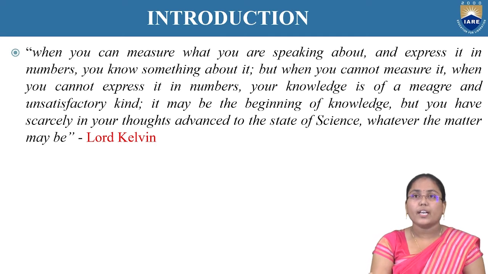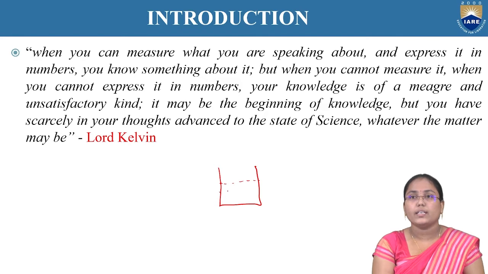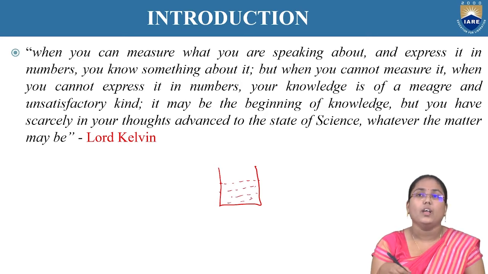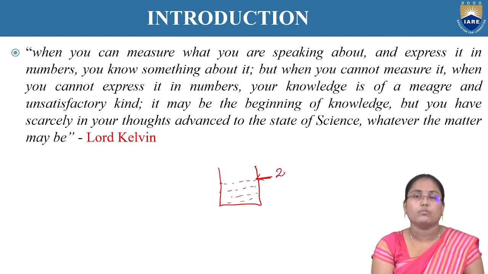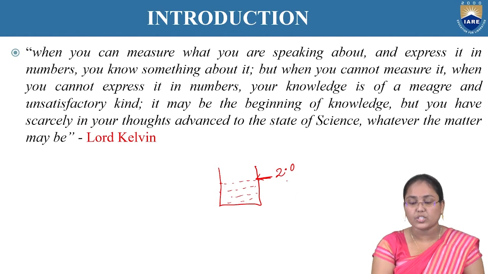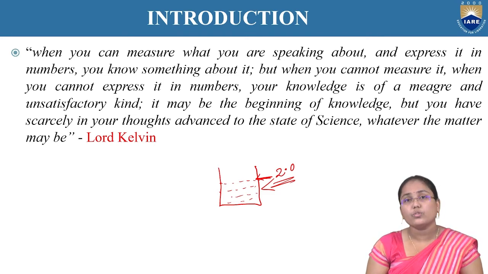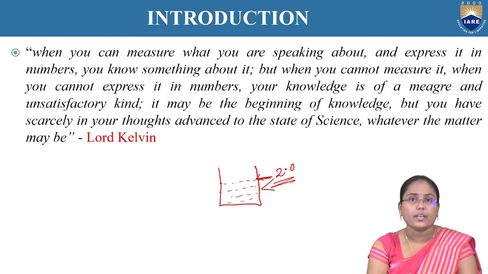Let us take an example here. I have a jug, and it is filled with some water or any other liquid, filled till here. I know the reading at this particular point; it is indicating some 2.0, and this has to be represented with some standard units. I have to measure this. I can't say every time that this jug is filled to half. Rather, I have to say how much quantity is there in the particular container.